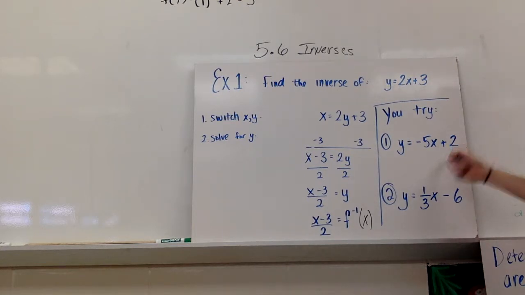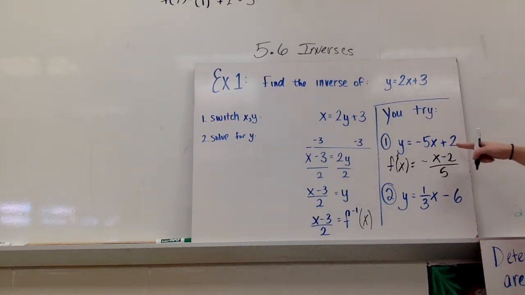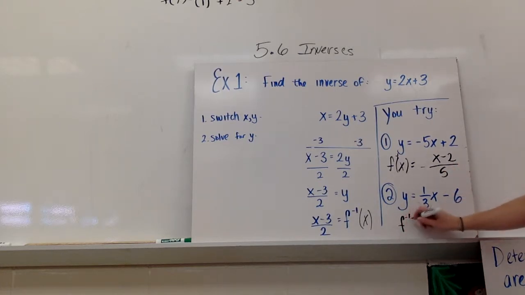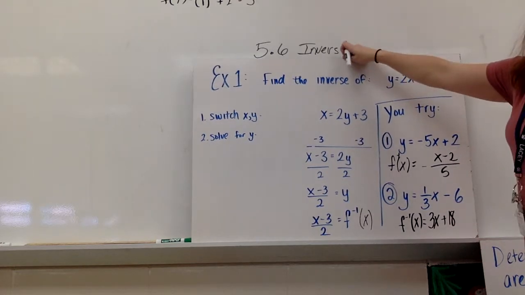So basically, I'm switching the places, right, and it ends up being f to the negative 1, so the inverse of x, equals negative x minus 2 divided by 5. And that makes sense, right? I have to subtract 2 and divide by a negative 5. I just put the negative out front, but if you kept the negative here, that's cool. For here, f of negative 1 of x. First, we get 3 times x plus 6, so you should distribute that 3 to 3x plus 18. Okay? The second part,